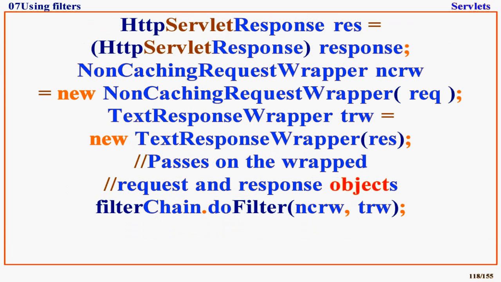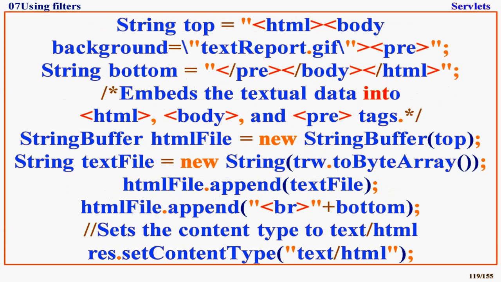FilterChain.doFilter(NCRW, TRW); String top = "<HTML><BODY background=text_report.GIF><pre>"; String bottom = "</pre></BODY></HTML>"; // embeds the textual data into HTML body and pre tags StringBuffer HTMLFile = new StringBuffer(top); String textFile = new String(TRW.toByteArray()); HTMLFile.append(textFile); HTMLFile.append("<br>" + bottom);